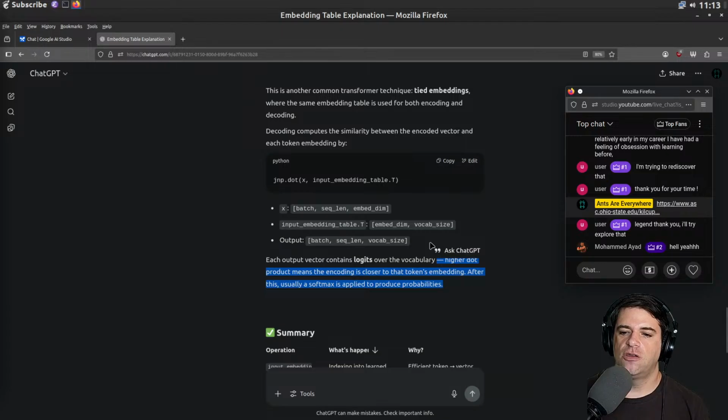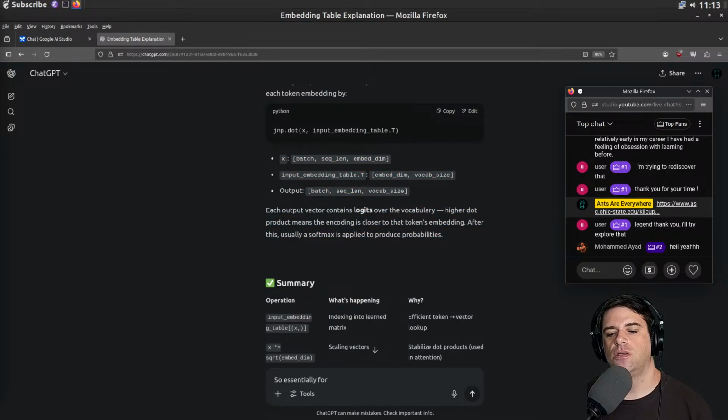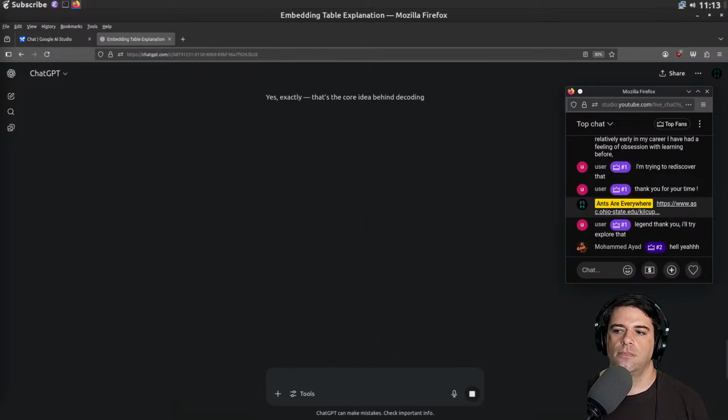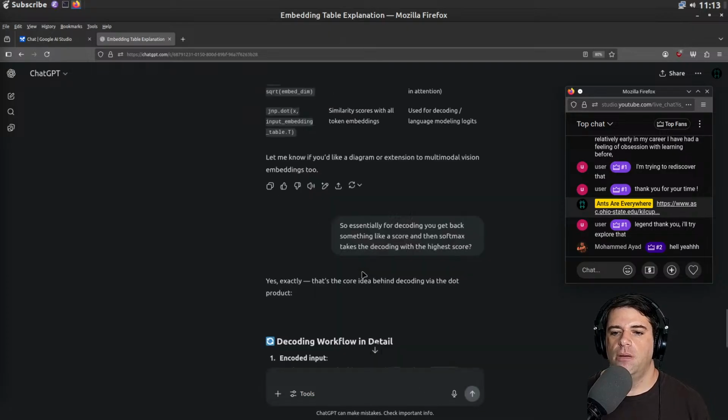After this, usually you take a softmax. So essentially for decoding, you get back something like a score, and then softmax takes the decoding with the highest score. Okay, yes, exactly, great. But now my question is,